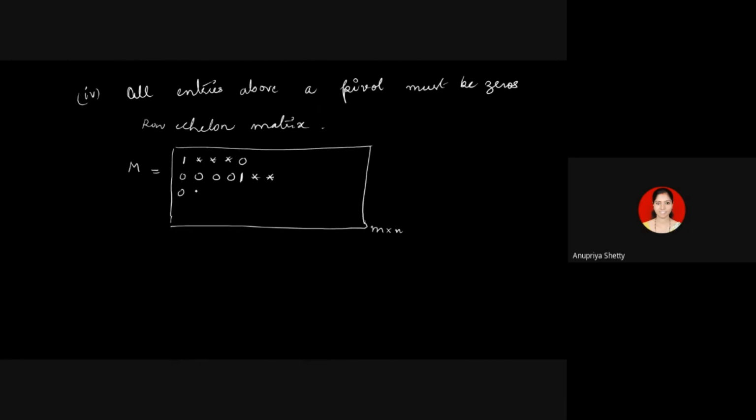And if it happens that the third row has a 1 present here, if it has a 1 here, then this entry is 0, this entry is 0. What about the first row? These entries could be anything again. Okay. This is how it goes. And since this one is a pivot, everything to the left of it is already 0. Here also, everything to the left of that one is 0. This is how a row echelon matrix looks like.